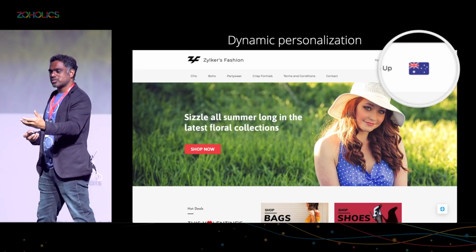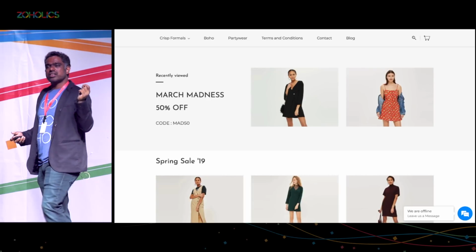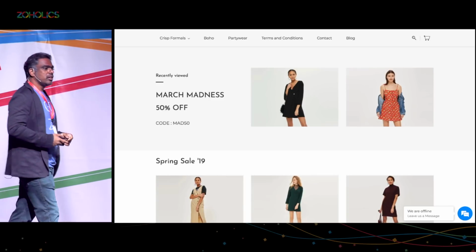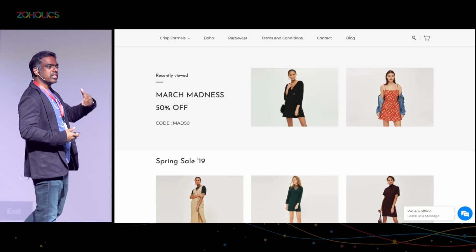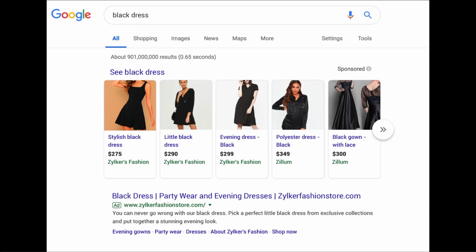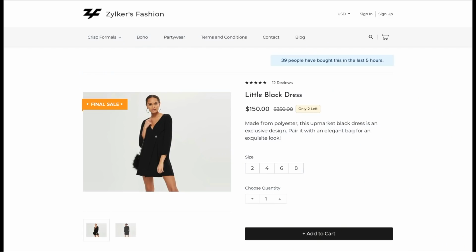Location is one aspect of it. There are other aspects of personalization. For example, you may have added something to the cart and you may have forgotten it. Well, next time you visit the site, you can show those items, the recently viewed items, as part of the home page if you choose to offer that functionality to your customers. Or if someone searched for a certain item, let's say in a third-party search engine, and if they have come through that source, then you can show a different page that is optimized for that content. So similarly, there are other aspects of it.